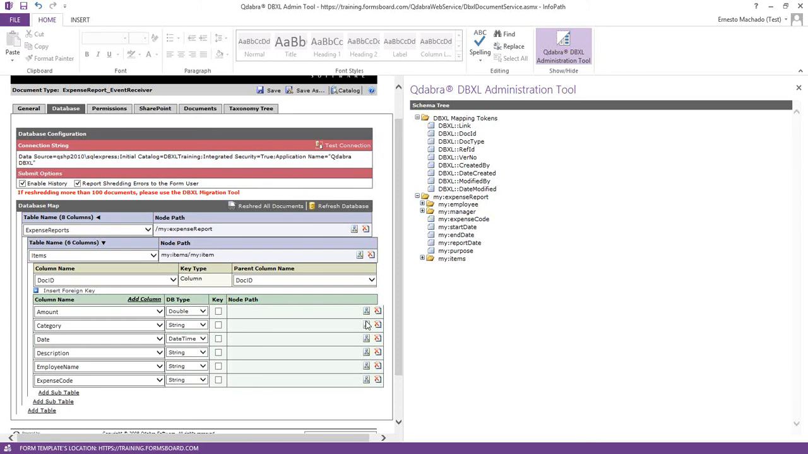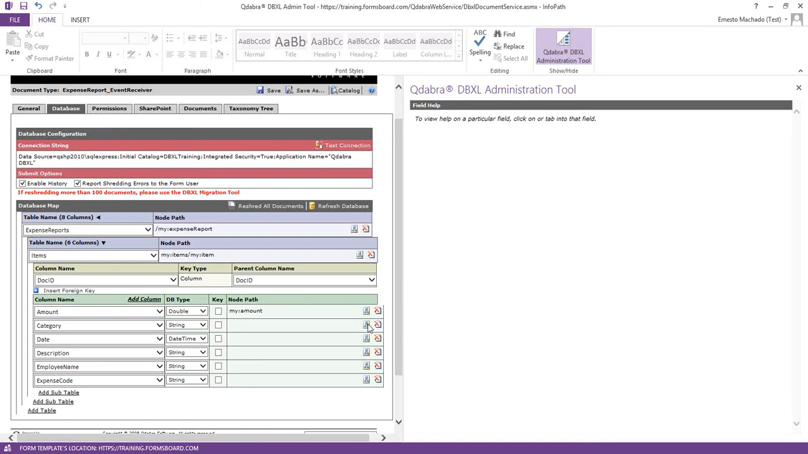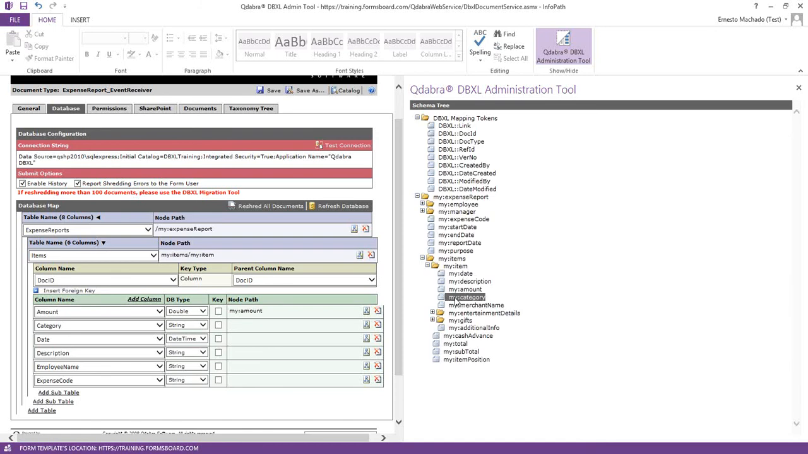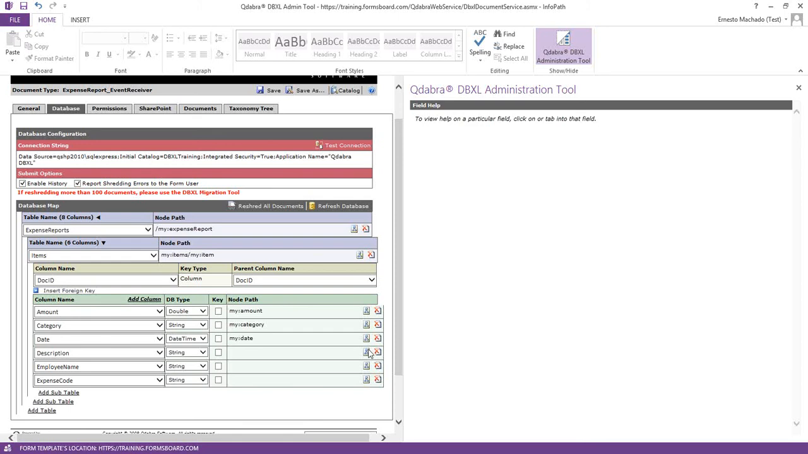So I'll click the select schema node, and I'll just go through our item group and map the amount, the category, the date, the description,